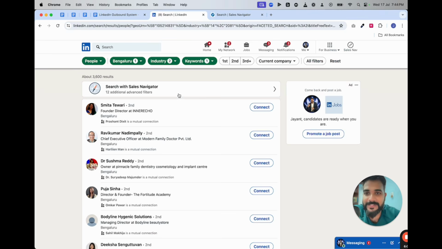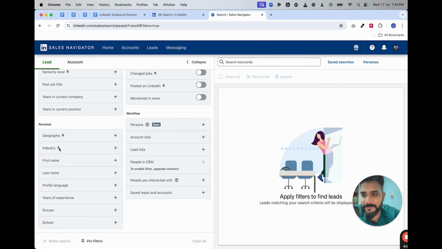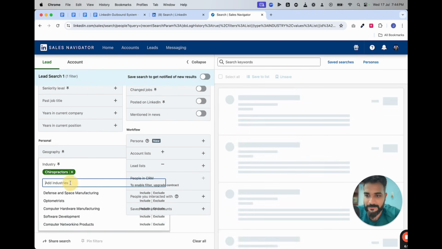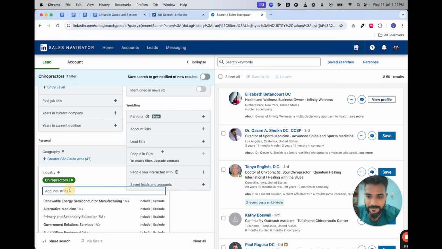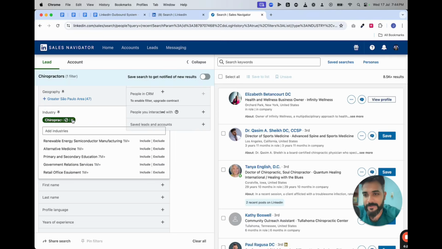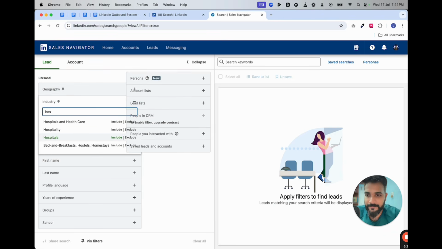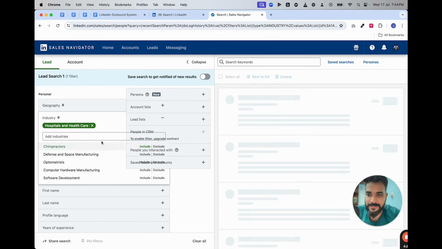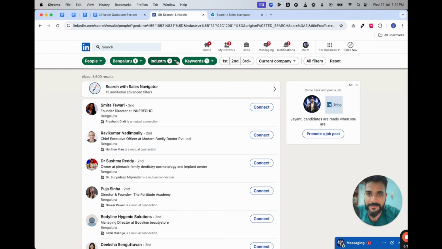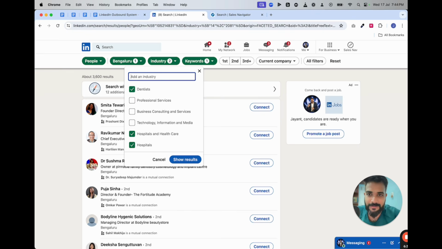Now let's find out the same target audience in this particular thing. So in leads, you can simply go for industry, and we got chiropractors as well, so that's good. Optometrists, let's see, dentists. Okay, we got more. Let's just keep it to hospitals and healthcare, because I don't know why this keeps happening. I think we can even go narrower here. Let me see if I can find, let's say, dentists. Oh, hey, we got more.